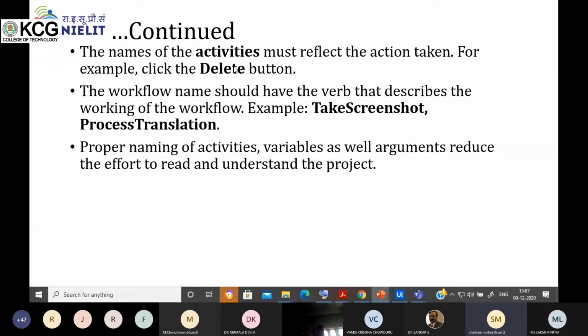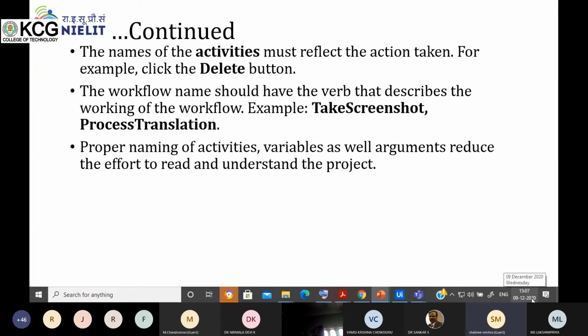Now the name of the activities must reflect the action taken, for example, click the delete button. Here the activities are given names. Like the sequence or workflow which I created, I assigned it a name so that I can identify this particular project if I refer to it later on, that I created this workflow for this FTP program held on 9/12/2020.